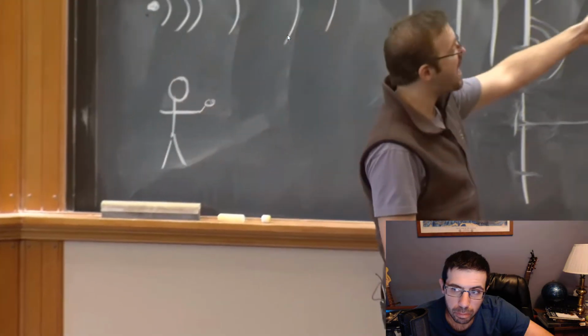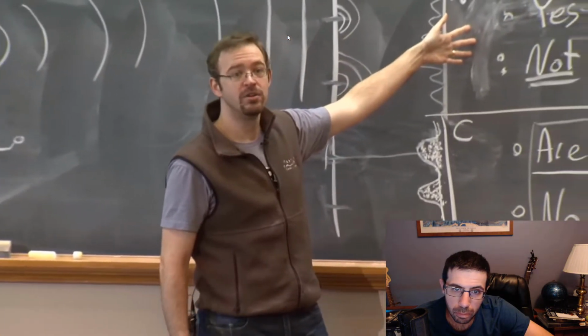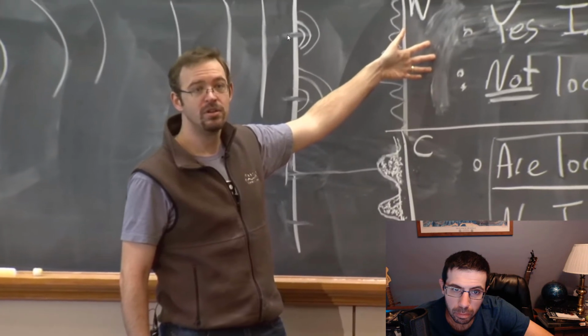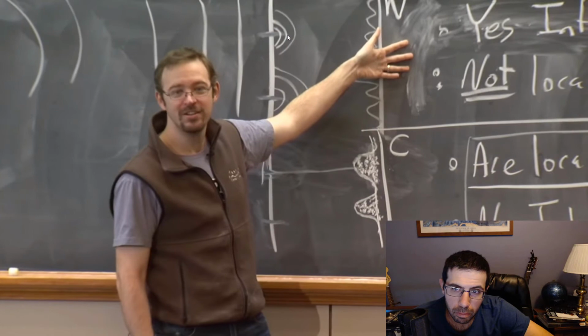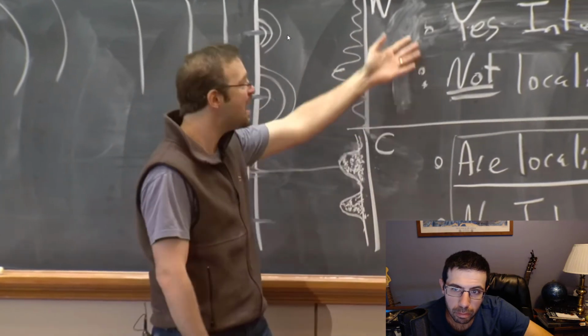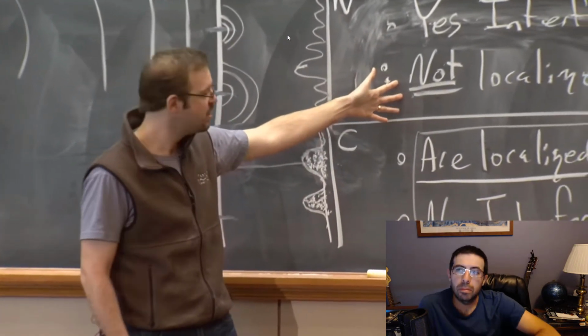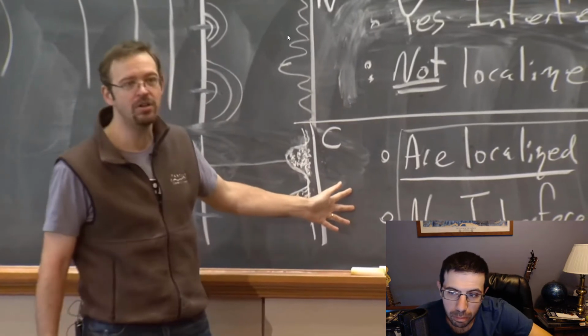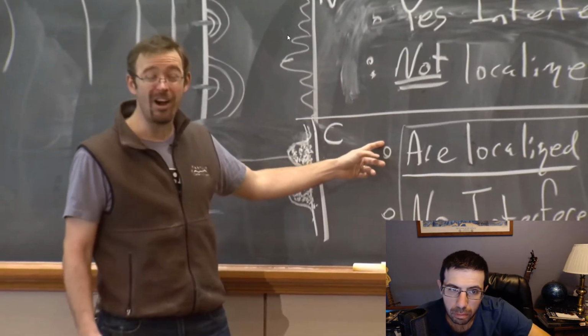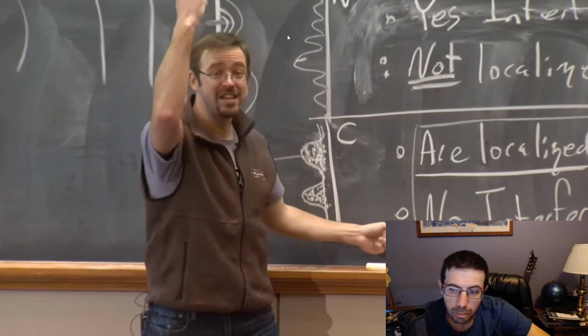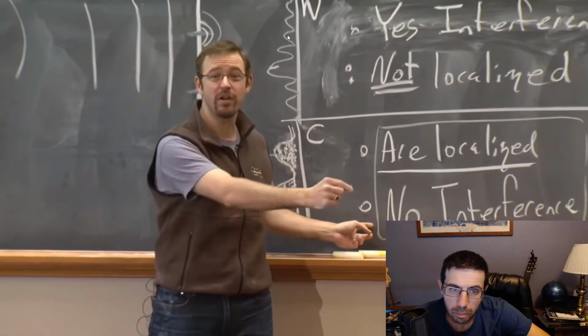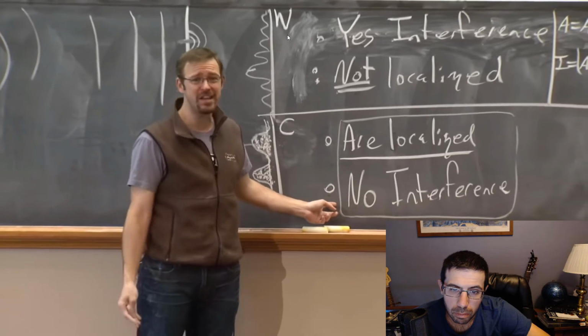So is an electron behaving like a wave in a pond? No. Does a wave in a pond hit at a spot? No, it's a distributed beast. Okay, yes, it interferes, but it's not localized. Well, is it behaving like a baseball? Well, it's localized. But when I look at a whole bunch of electrons, they seem to interfere, but there's only one electron going through at a time. So in some sense, it's interfering with itself.